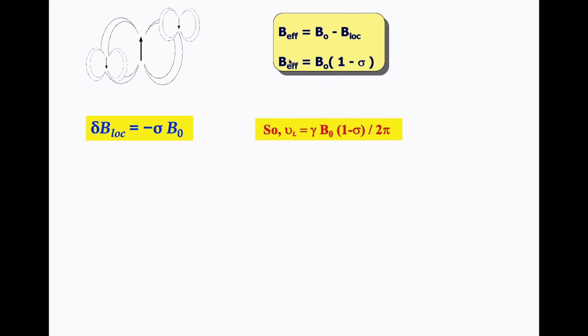Having corrected the applied magnetic field to the effective magnetic field, we will have to correct the Larmor frequency as well. Please remember that the Larmor frequency was originally defined as nu L equal to gamma B0 by 2 pi. But if you consider the electron contribution to the total magnetic field, then you have to replace B0 with B effective. So when you replace it, this quantity will sit here. Originally, when you don't consider electron density, the Larmor frequency has only gamma B0 by 2 pi.